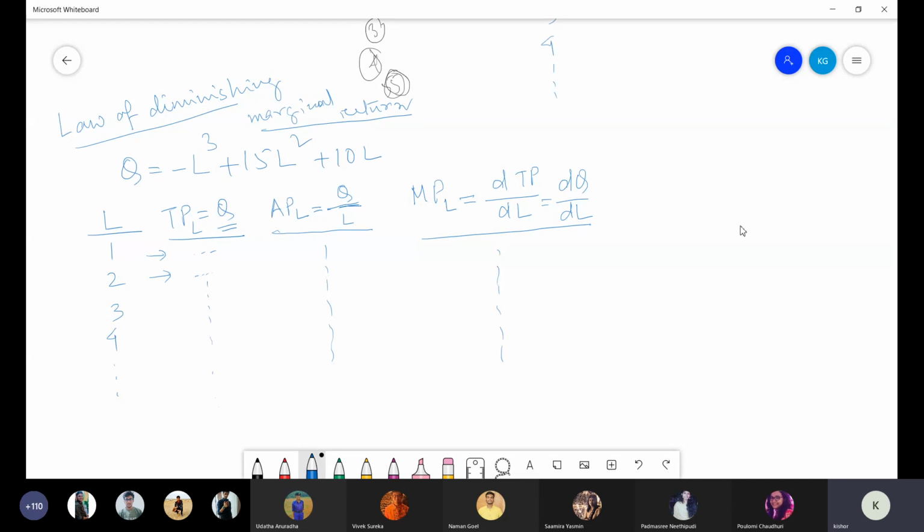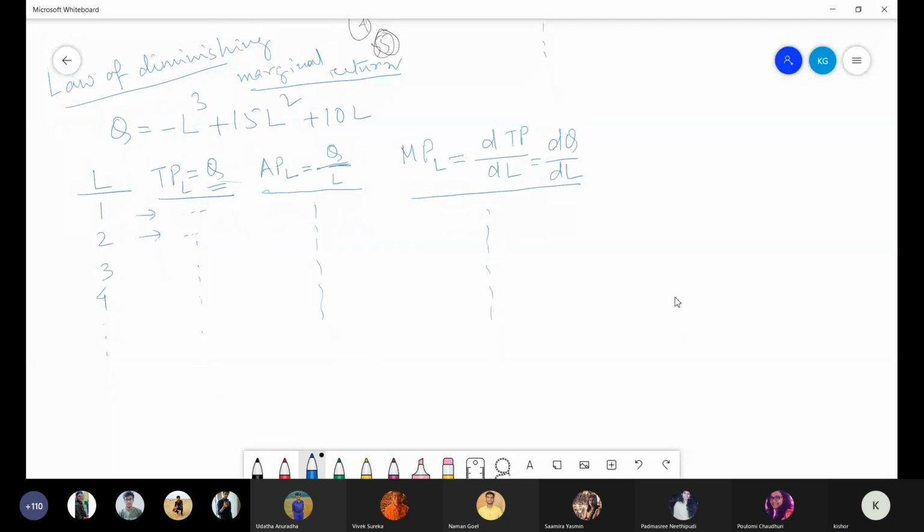When more and more units of a variable input are added to a certain amount of fixed input, the output will initially increase at an increasing rate, then it will increase at a constant rate, then it will increase at a decreasing rate. This is one way of expressing that relationship in tabular form. But if you try to express it in a graphical way,